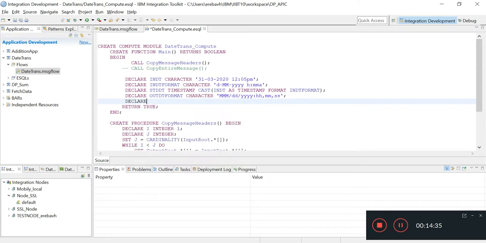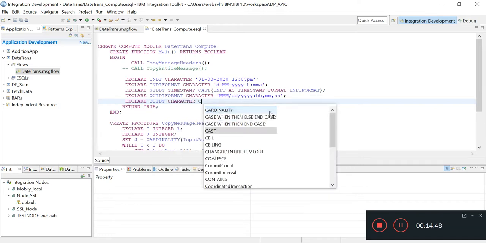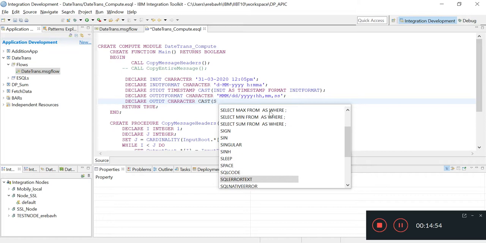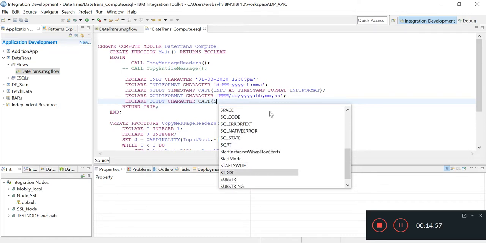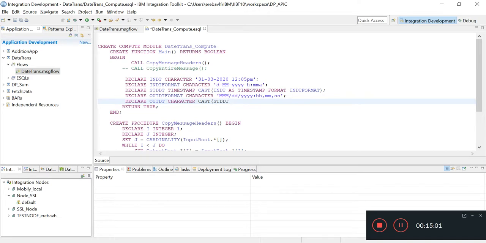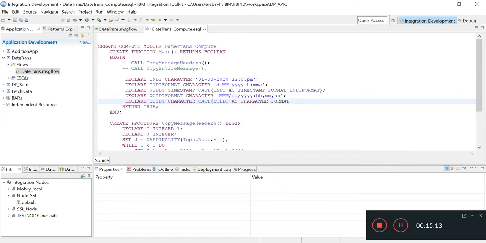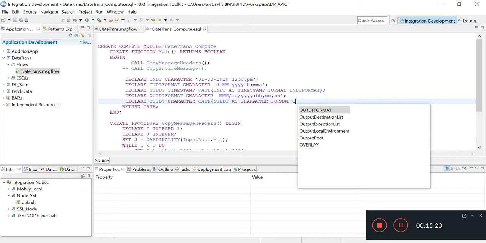So declare out date character, cast standard date as character format, out date format.